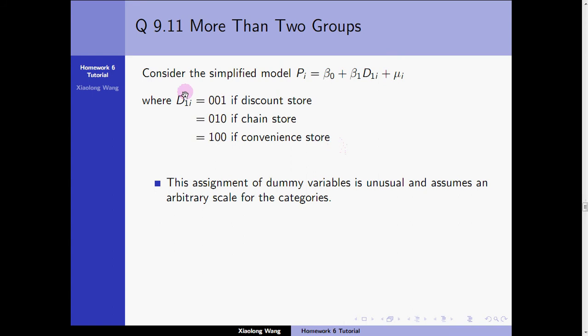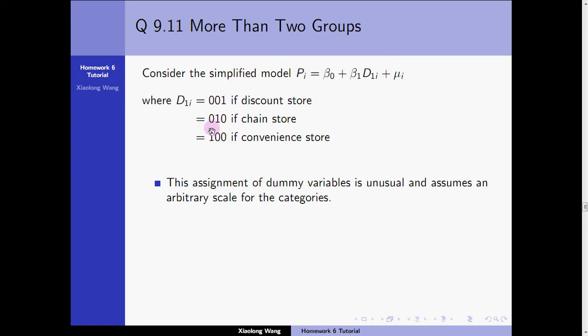I would say first that this assignment of dummy variables is unusual, and it assumes an arbitrary scale for the categories. So we can see that discount store has the smallest number, and convenience store has the highest number. So if we go up the scale, then it means we are going from discount store to chain store to convenience store. The magnitude of the number doesn't have any meaning, it's just an arbitrary scale that we assigned